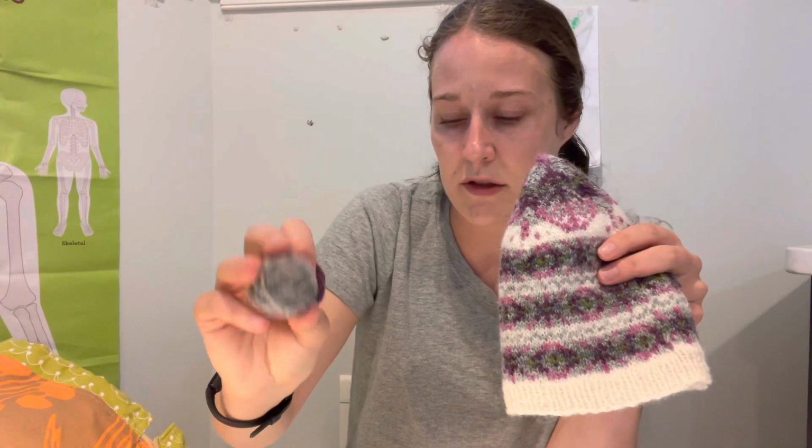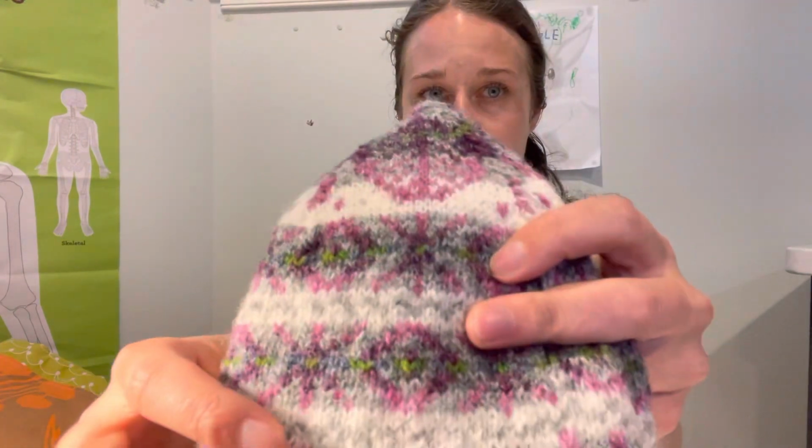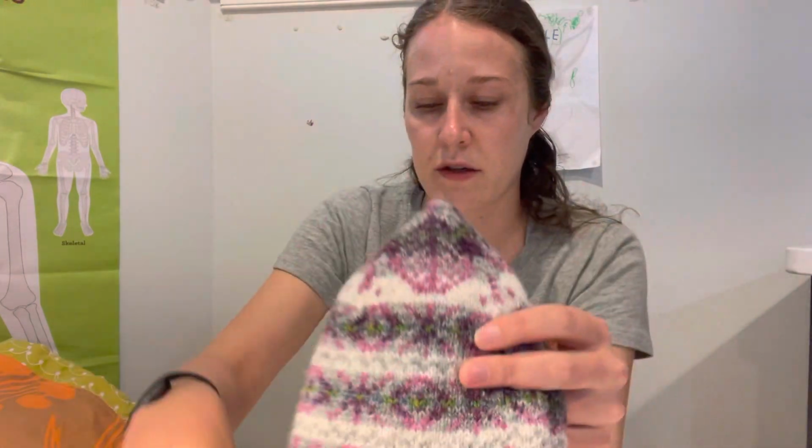the purple is Jamieson's of Shetland, Spindrift, and Clover. And then the brown is color 27 from 2-ply jumper weight Jamieson & Smith. This is from a cone. I wound this into a small ball from the cone. And then the very middle is, you can't see the blue as well as the pop of green, but